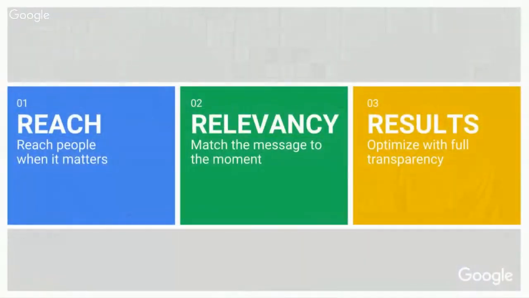Yeah, thanks, Brad. That's really helpful. I just want to make sure I get this right. We covered a lot of content today, so this is like a little test for me. But we talked about reach as the first pillar, right? Getting to the right people at the moments that really matter, and that's audience and data. We talked about relevancy, which is making sure that the message they see is also appropriate at the moment that matters. We've talked about dynamic creatives. We've talked about bidding strategies to do that. And lastly is results, making sure we measure properly across devices, and make sure we optimize with full transparency and have as much data and transparency as possible. Did I get that kind of right?